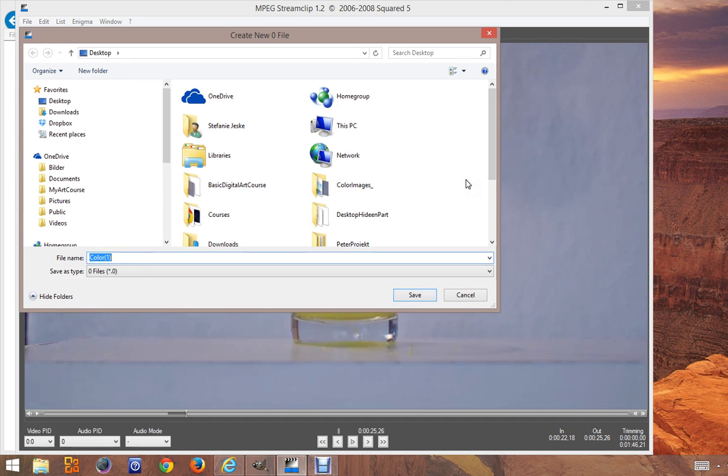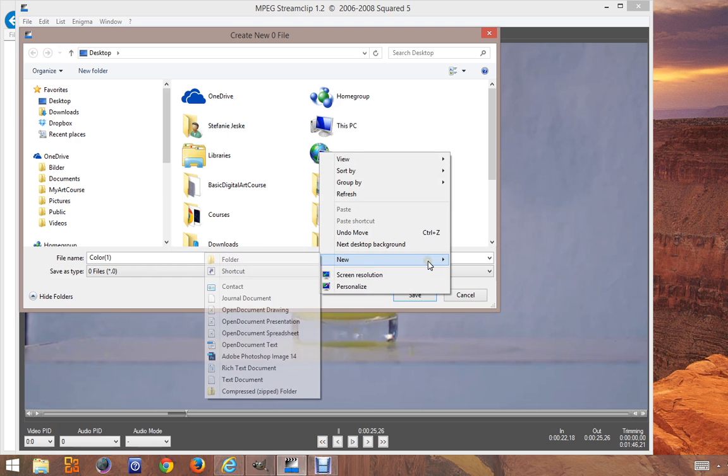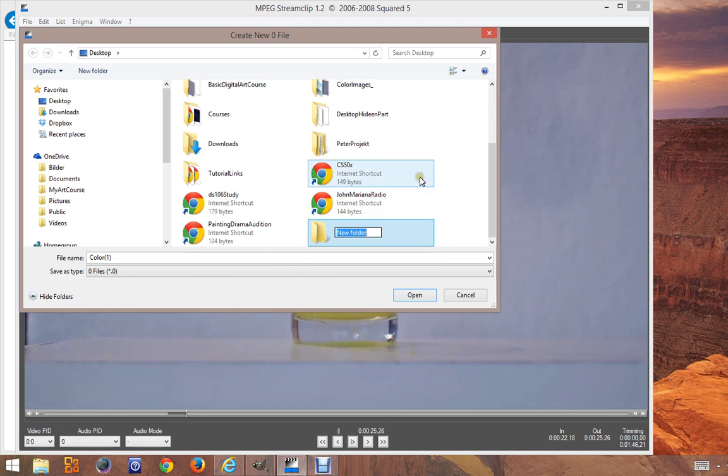I'm going to create first a new folder where I want to save my images.